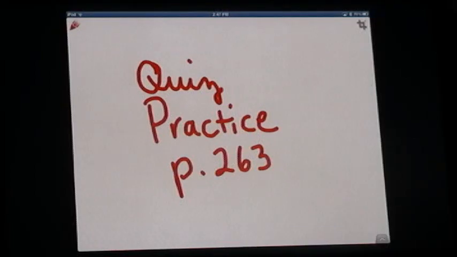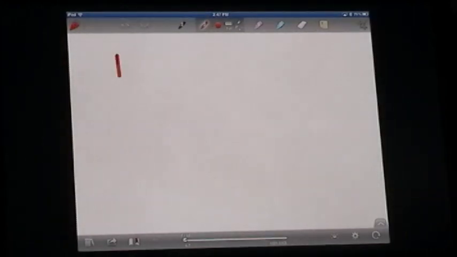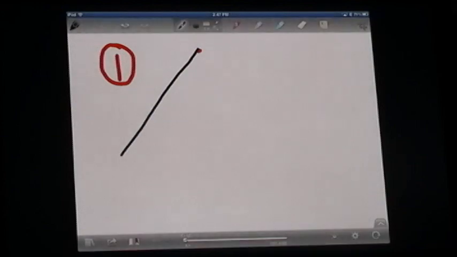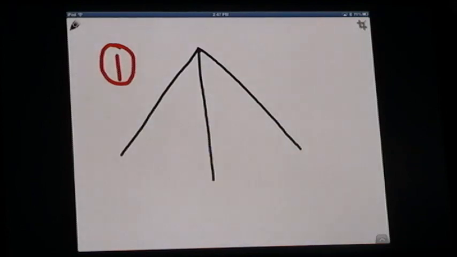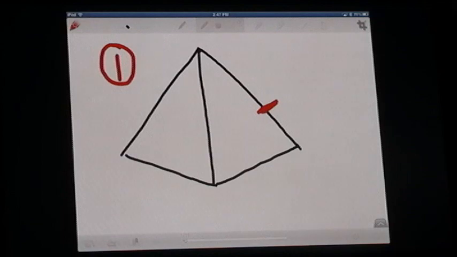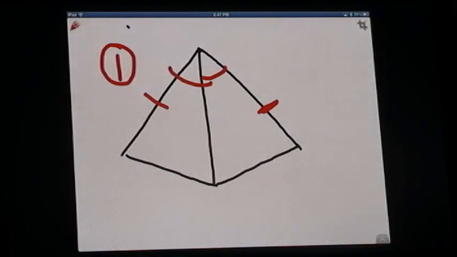Let's do some quiz practice just to give you some practice as you get ready. Okay, number one has a picture that looks like this. It has hatch marks there and there. And the question says, which method, side, angle, side, or angle, angle, side, or hypotenuse, leg, can be used to prove